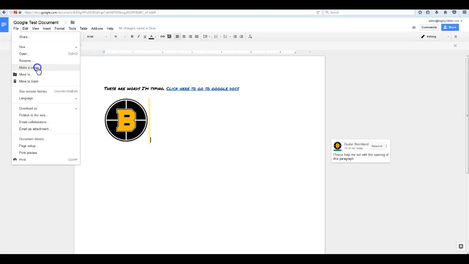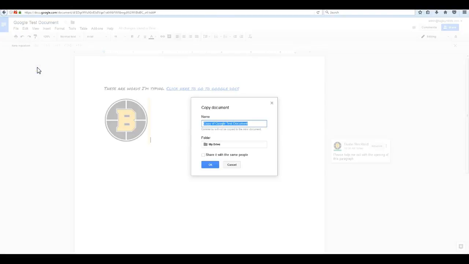Making a copy will allow you to make a copy of this document. So let's say you prepared your document for your class. You're able to go in there and make multiple copies. When you make a copy, you're able to share it with the same people. So I can make a copy of this, and it'll tell me where I want to save it within my Google Drive. If I don't want to save it in my main Google Drive, perhaps I have other classrooms selected, I'll click on my Google Drive,